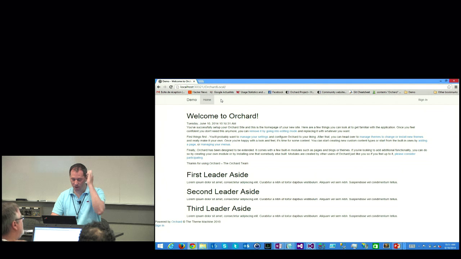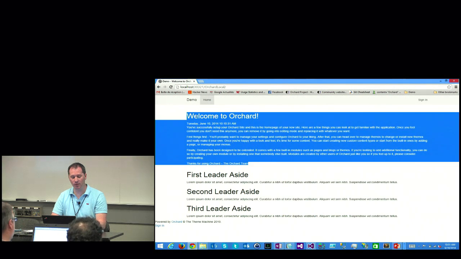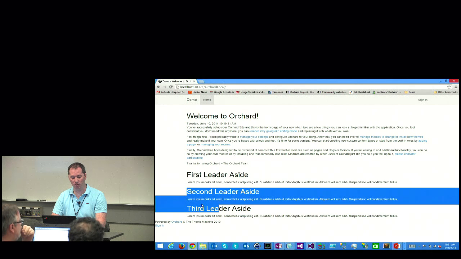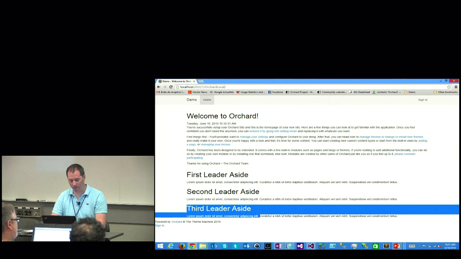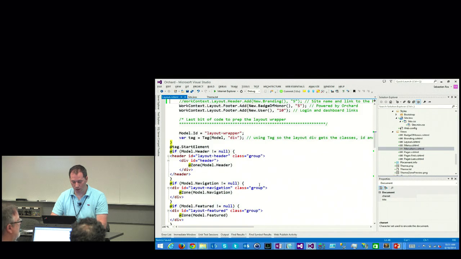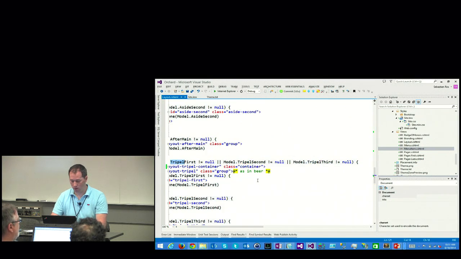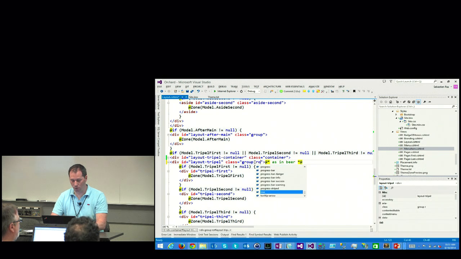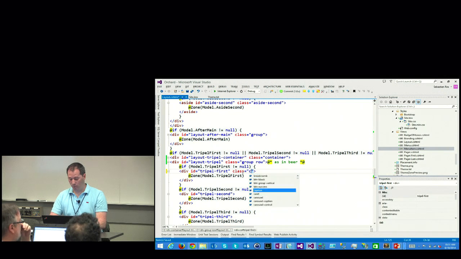This is the same content on the server side. I can sign in. I can see my content here, which is centered. So fine. Now, what I want to do is, in Bootstrap, this thing should be a row with the maximum size, for instance. And this thing should be one row with this taking 4 columns, 4 columns, and 4 columns, because a row in Bootstrap takes 12 columns. So what I just have to do is here, the container, this thing will be a row. The triple first will be called